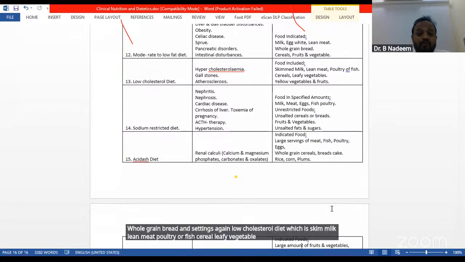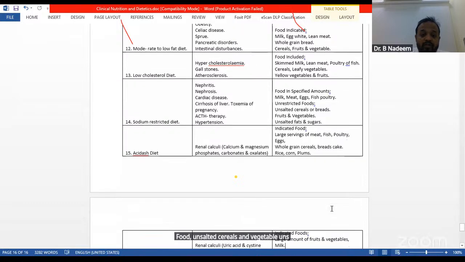Again, low cholesterol diet, which is skim milk, lean meat, poultry or fish, cereal, leafy vegetables, yellow vegetables, and fruits. Then a sodium restricted diet: milk, meat, egg, fish, poultry, unrestricted food, unsalted cereals, and vegetables, unsalted sugars. Okay, and then